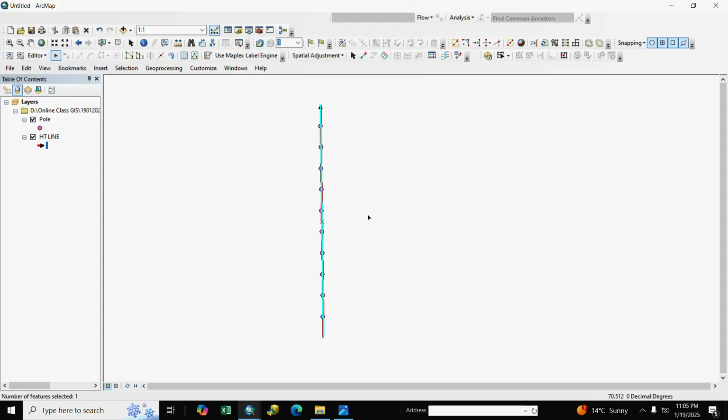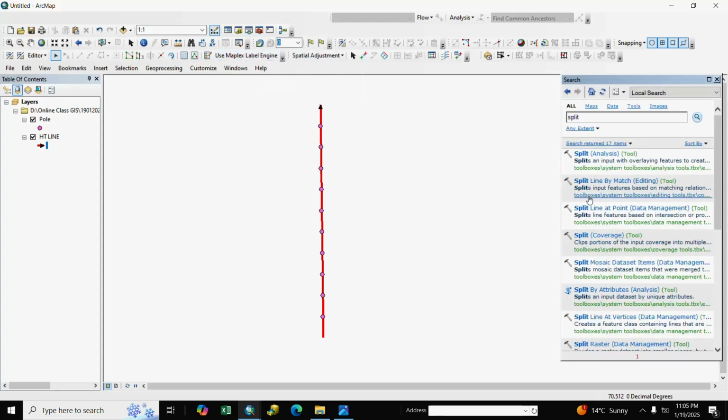And here the line is not broken. So we go to search and write here split and enter. Split tool is here. We select Split Line at Point.